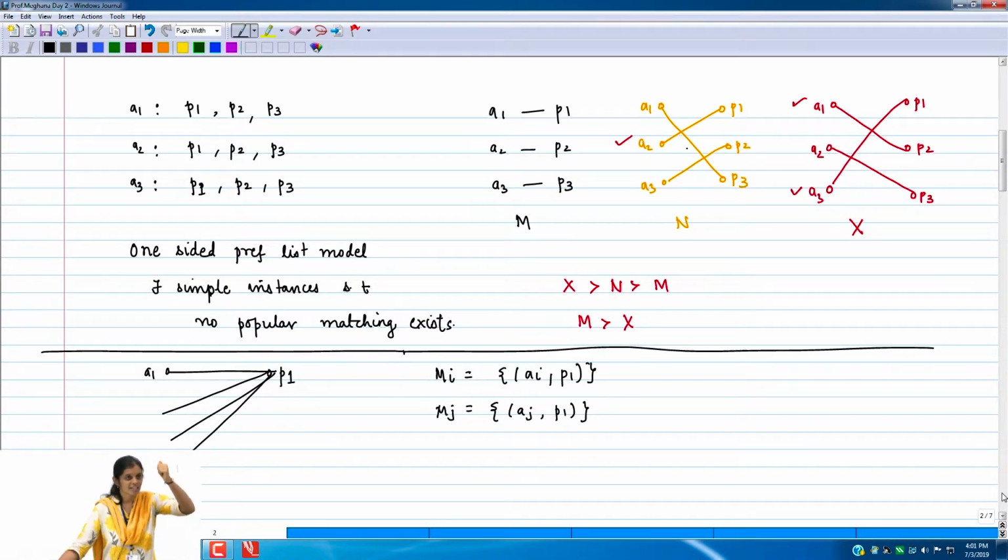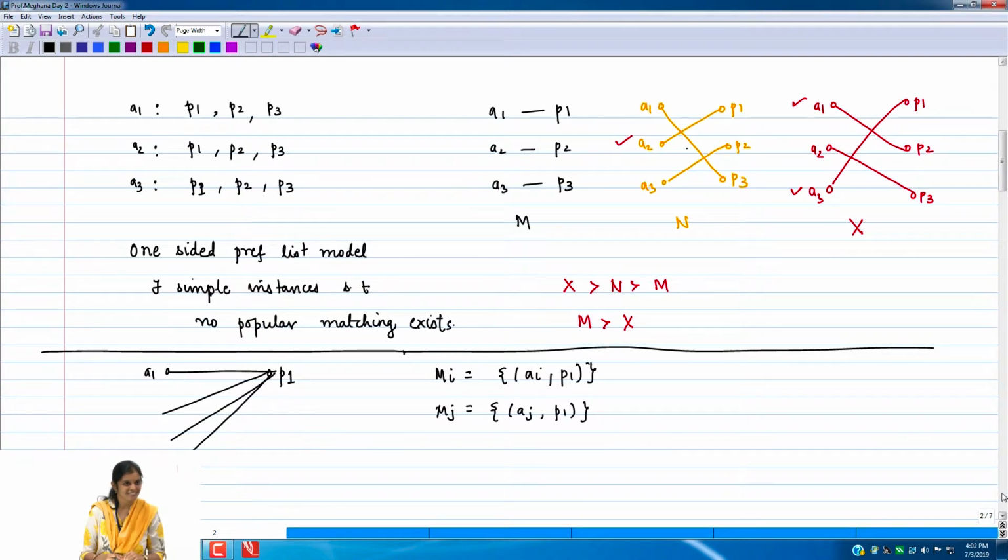Yes. Maybe she's just answering and we'll come back to you. A1 has P1, P2, P3. You'll have to observe this, is it? Actually, you are right in some way, but how will you try to observe it in a large instance, and where will you try to observe it? I mean, this may be masked. For example, I can add some things in between so that this is not as apparent as it is here. So you are right in,